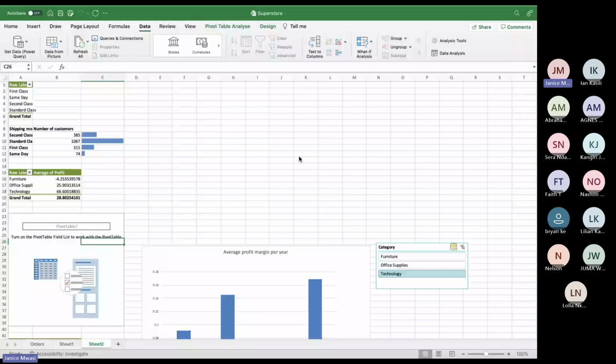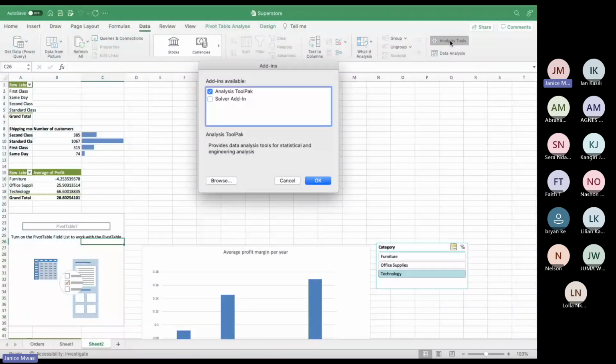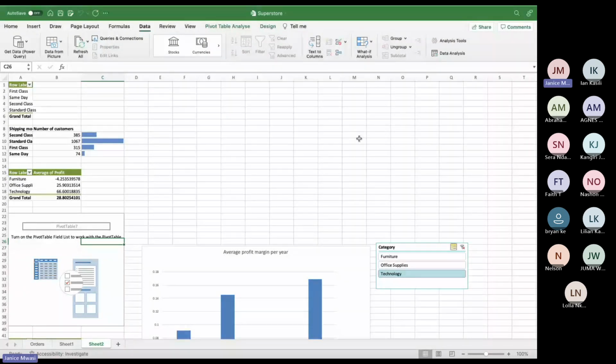Also, it's worth mentioning there are a lot of formulas for finance, so you could look into those formulas as well. Also, the Data Analysis ToolPak enables you to perform a lot of functionalities. So you could have the data analysis and the Solver add-in, and also the What-If Analysis if you're in a situation where you're using different scenarios. This enables you to efficiently manage your scenarios. And last but not least, as we close,